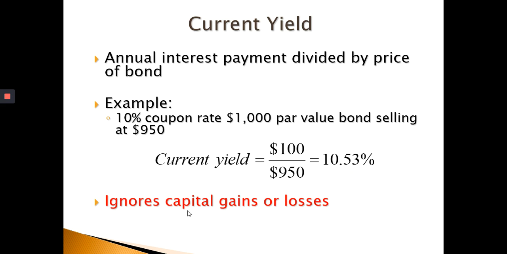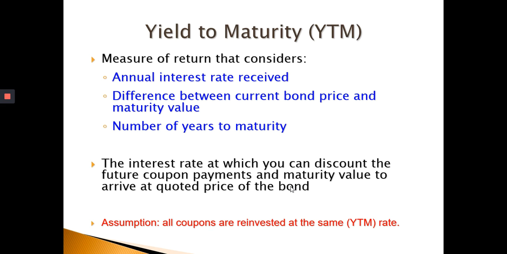Therefore, it ignores the capital gain or losses. Why? Because this does not include the par value, the principal that you receive at maturity. Right? So that is the issue here. Current yield ignores the capital gain or loss. Alright, so the second one, yield to maturity, is what we're going to be focusing on, because this is what will